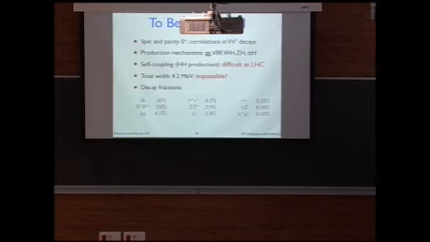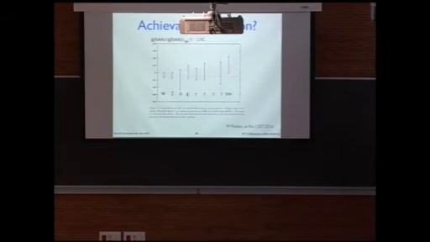All the different production channels are more or less in agreement as far as we can see. The self-coupling of the Higgs is going to be very difficult to verify at the LHC, although it's an essential part of the standard model. The total width is very, very narrow for an object of this mass, and that will be very difficult to verify. The different decay modes with their percentages are all predicted, of course, and one can expect in the long term that the LHC will either confirm or otherwise these predictions to within the 10 to 20%